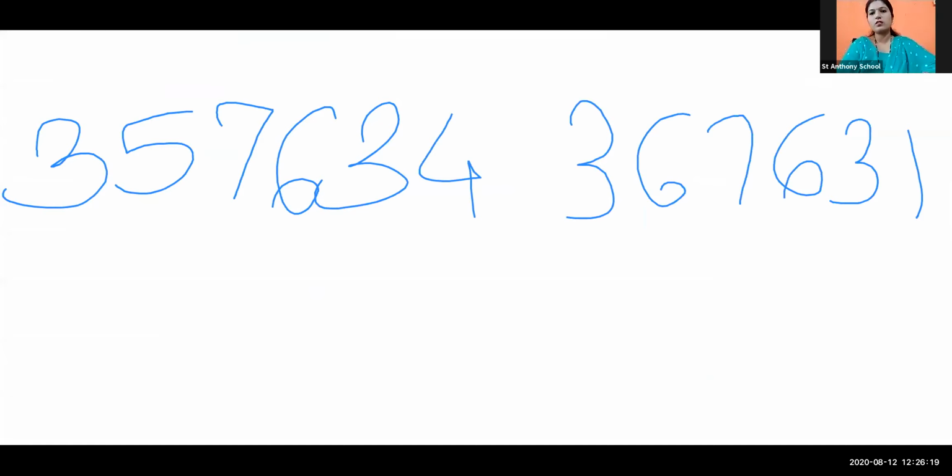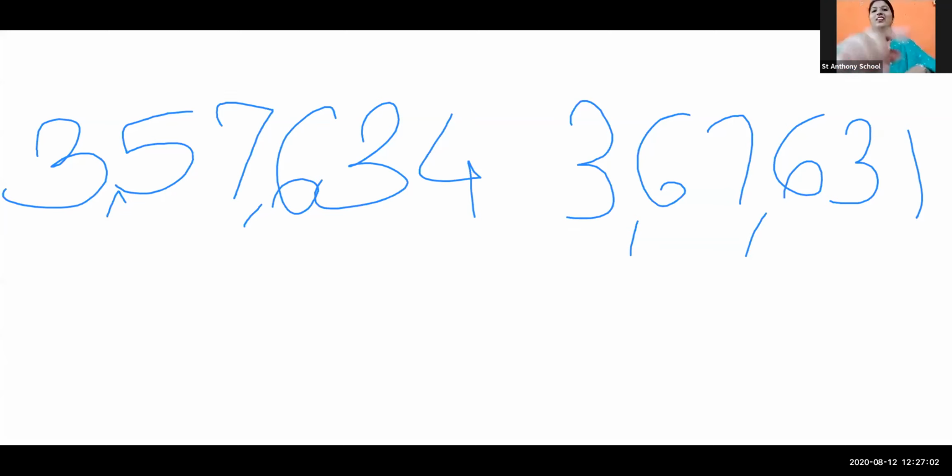in these two numbers, please tell me, one number is 3,57,634 and second number is 3,67,631. So which number is bigger? Now both number are 6-digit number. तो आपको अभी देखना है number compares करके कि which number is bigger, which figure is bigger. And here so many students are giving the correct answer. I am happy that all are giving the correct answer. Okay.